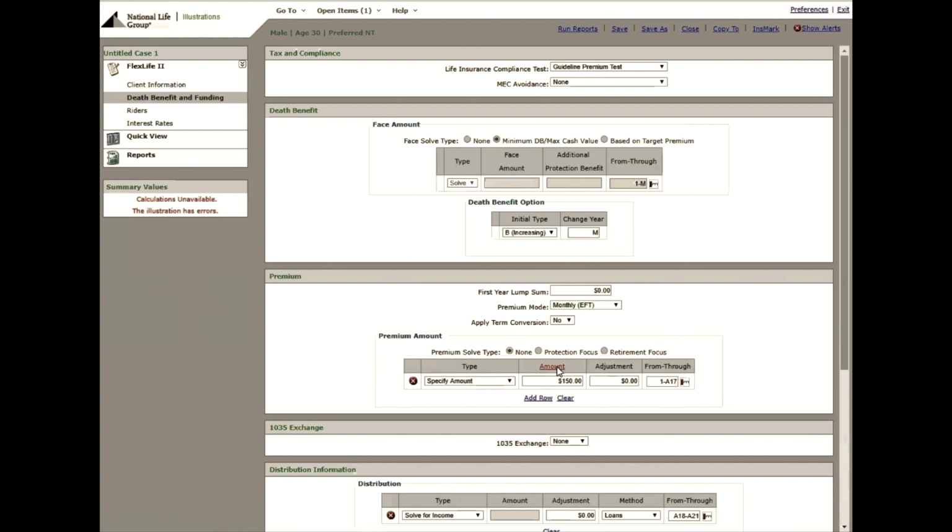Let's say he wants to pay about $300 a month. Okay, so we do that. And we need to change this from and through. He's going to pay all the way to age 64 because he wants to retire at age 65. So we do 1-A64, and we can scroll down,